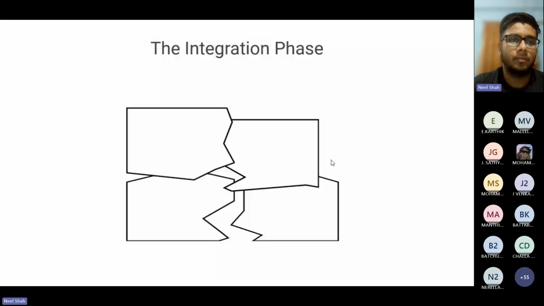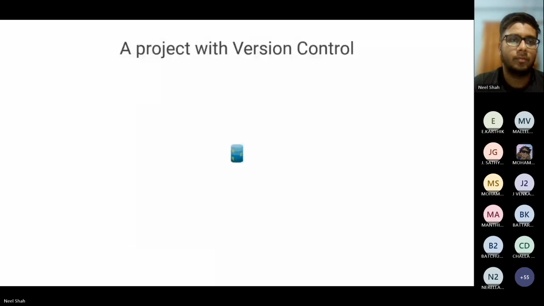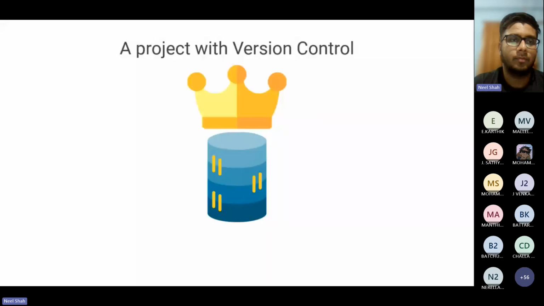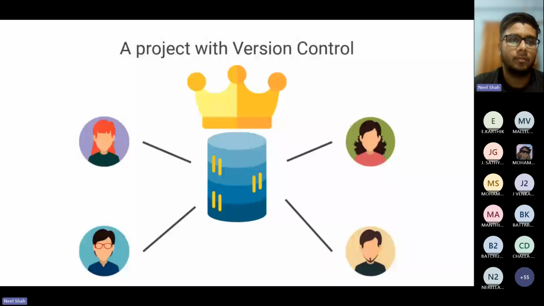So if we go for applying tape, it won't work. But when a project is with version control, it will be a king, because it knows where the different modules are, because it has different branches. As we saw previously, there was a normal branch and a premium branch. All the normal features were in the main branch, and all the premium features were on the premium branch. Similarly, if all the people working on the project are on a version control system, then it will be really easy for everyone.